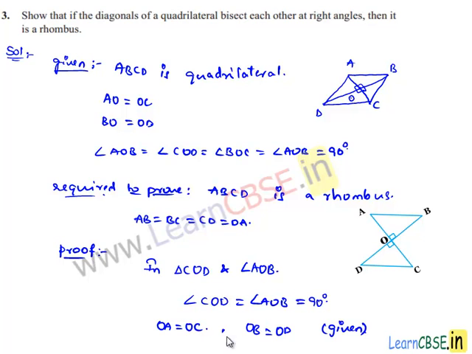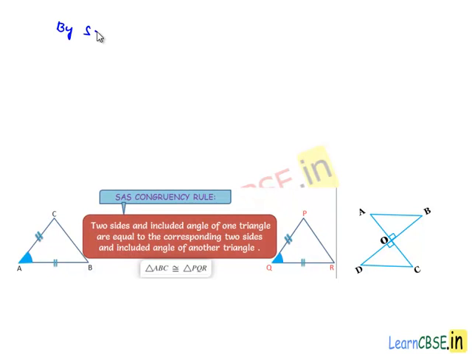From the SAS property, as in triangle COD and triangle AOB two sides and the included angle are equal, we can say they both are congruent. So by the SAS property of congruency,